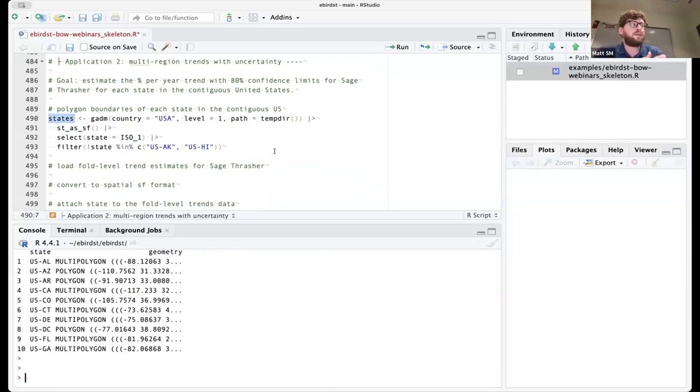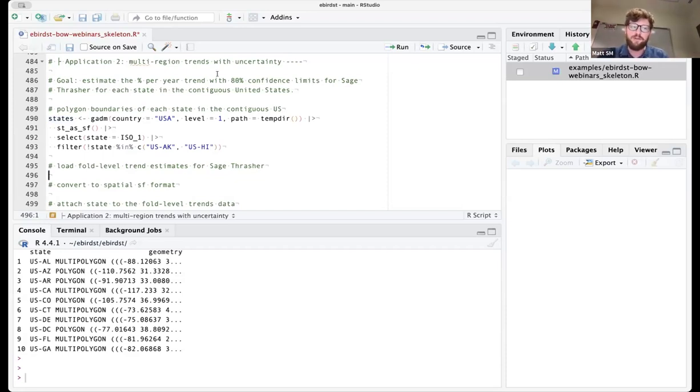Okay, so to calculate the uncertainty on the trend, you'll recall Tom mentioned in his portion that we have these multiple folds, multiple estimates of the trend at each cell, at each 27 by 27 kilometer cell. In fact, we have 100 trend estimates at each cell. And in the R package, we actually provide access to that data.